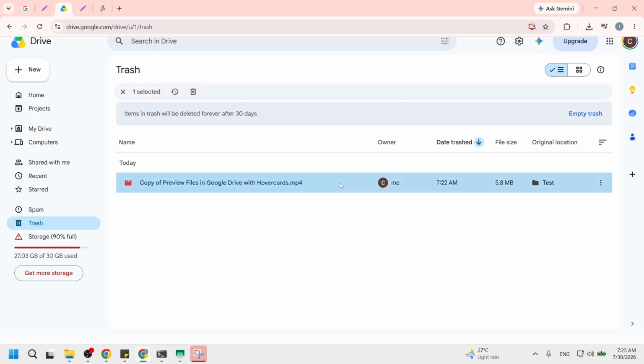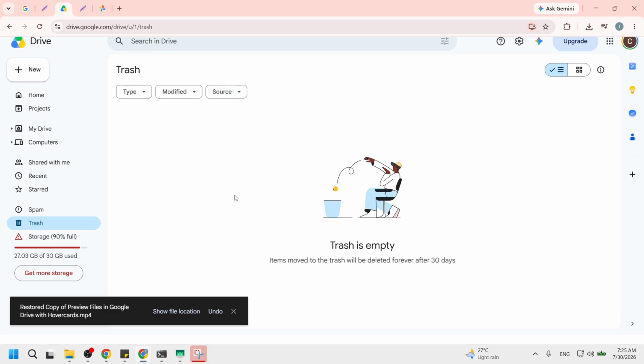You can scroll to look for its name or recognize it by the video thumbnail. When you find it, right-click it, or on mobile, tap the three dots icon beside the file name and select Restore. After you choose Restore, the file disappears from trash and returns to the exact folder where it lived before deletion. There is no extra save button here.